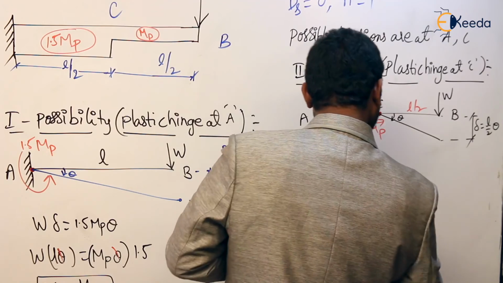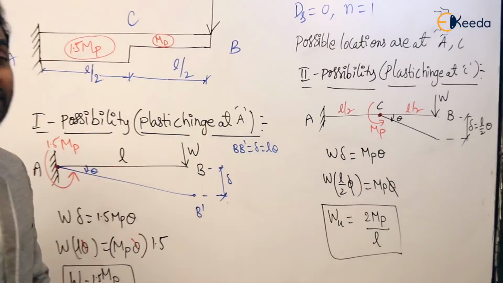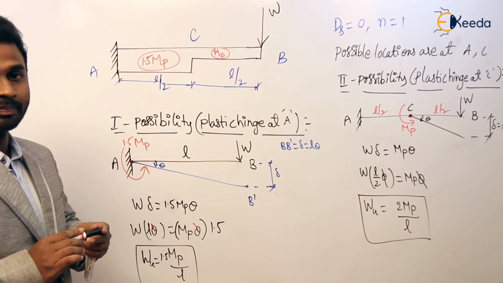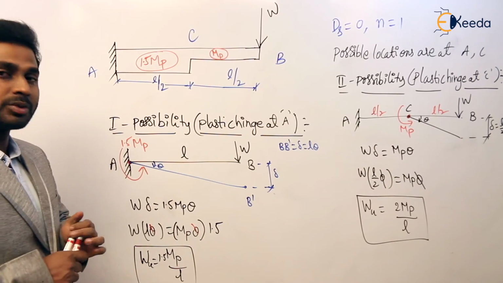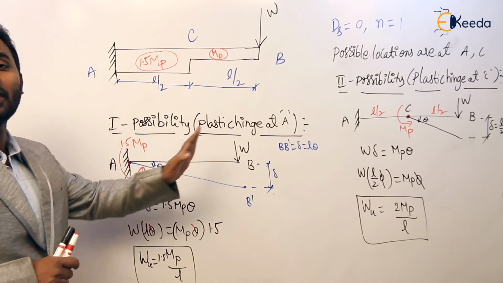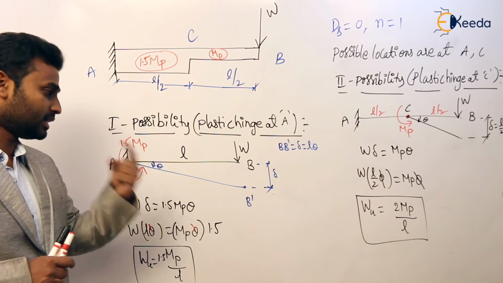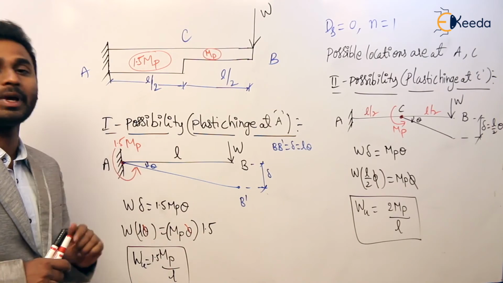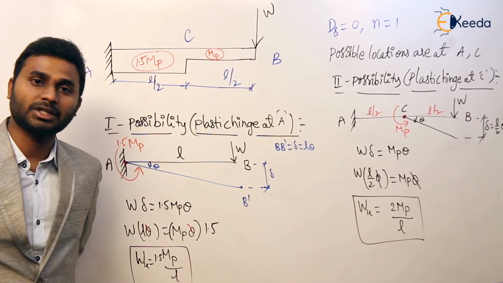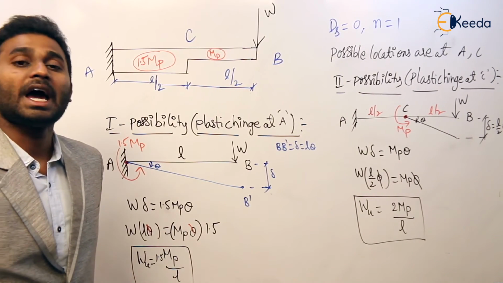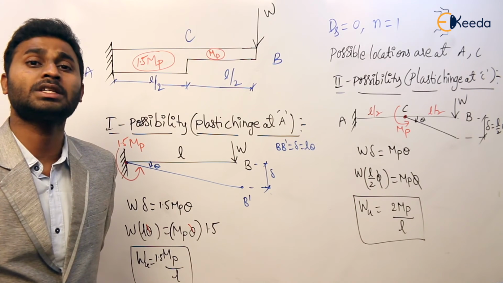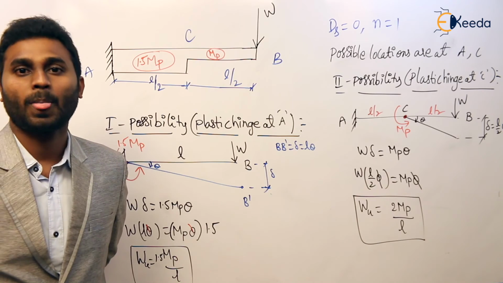So these are the collapse loads in both the possibilities. Now which collapse load is to be considered and which is the true collapse load? How to decide? If you observe the cases we have discussed so far, in all these cases we are expressing the collapse load in terms of MP, that is plastic moment carrying capacity, which is internal resistance. So as we are expressing it in terms of internal resistance, always consider the least.